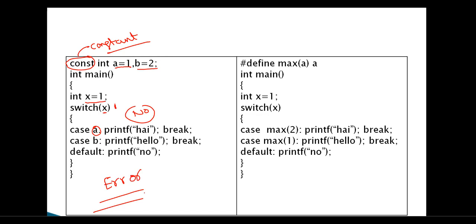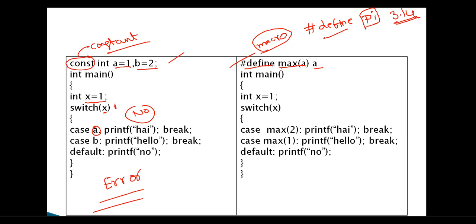Okay. Now, see this one. In this, #define MAX(a) a. So almost this one and this one both are the same. Both are used to define constants. But the #define is simply a macro. What is a macro? For example, a simple example, I think everyone knows #define PI 3.14. What is the meaning of macro? We are defining a variable PI. Throughout the program, whenever PI occurs, PI is replaced with the value 3.14. So that is the definition.